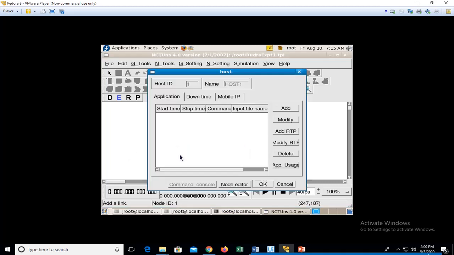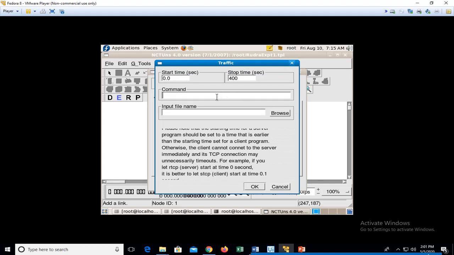Double click on the host as we had specified previously. Click on the add button. I'll run the simulation for a shorter duration of time, say 30 seconds. Since I want to make it a sender and make use of the TCP protocol, the command is stcp space hyphen p port. The port number is say 2000, and the length of the packet is 1024, and to whom I want to send it.